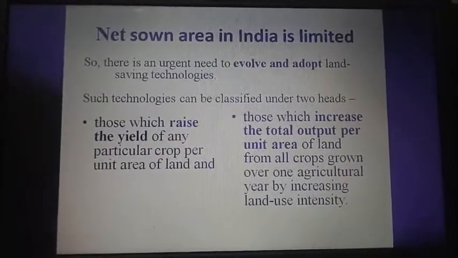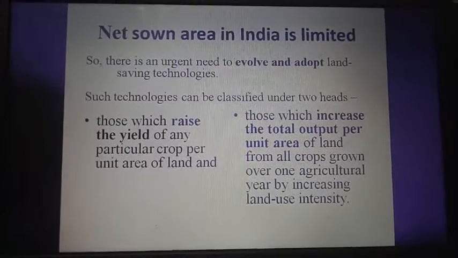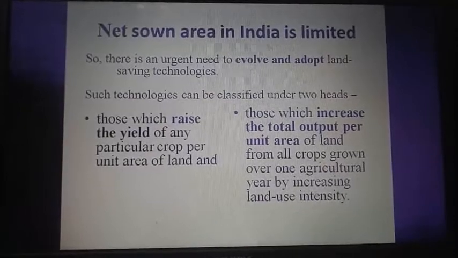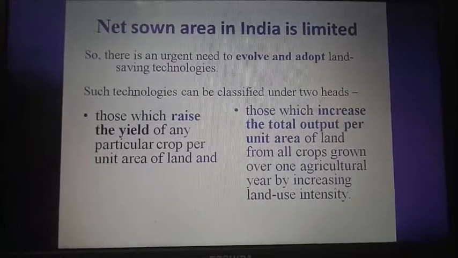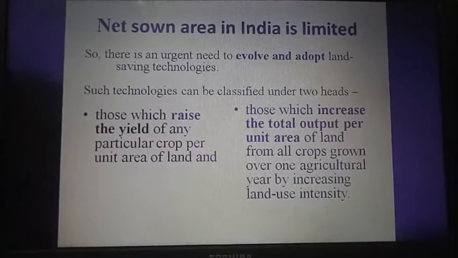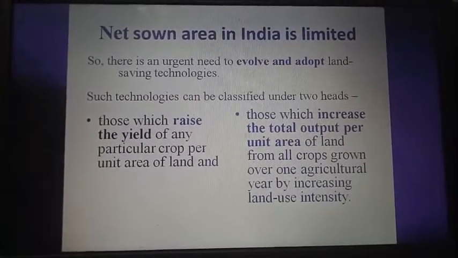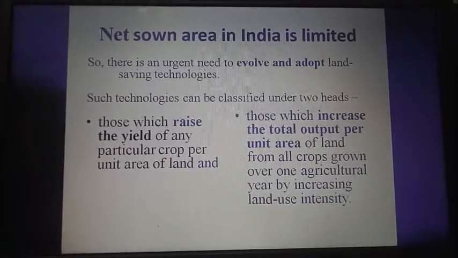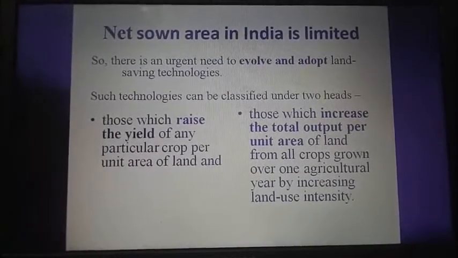Now, another very important thing. This is what we have seen, that agriculture is very important. We are dependent on agriculture for food, but the net sown area in India is very limited. The net sown area is basically the cultivable land or the agricultural land on which the crops are actually grown. This cannot be increased because the land size cannot be increased, whereas land is used for other purposes also: for settlements, for industries, for roads, for railways. So the net sown area cannot be increased.